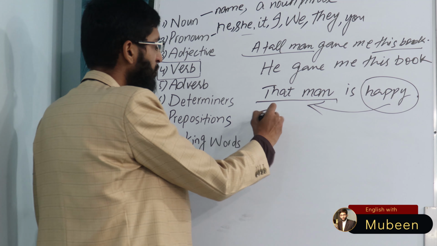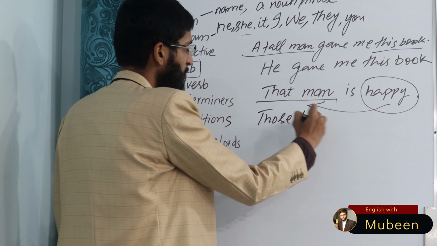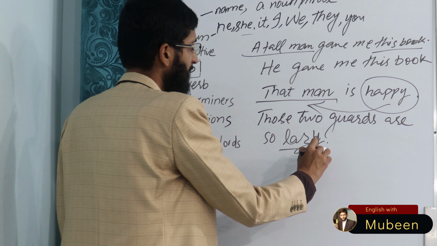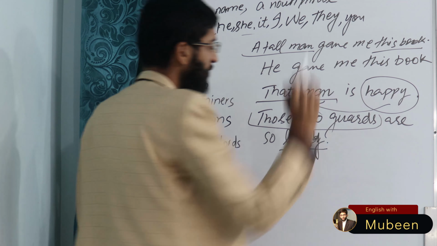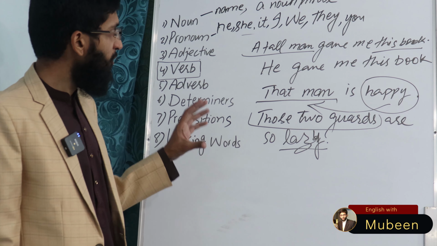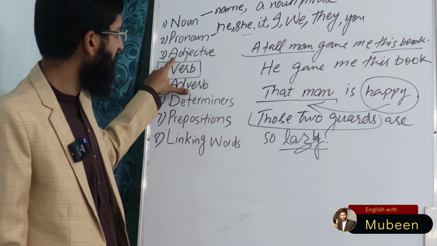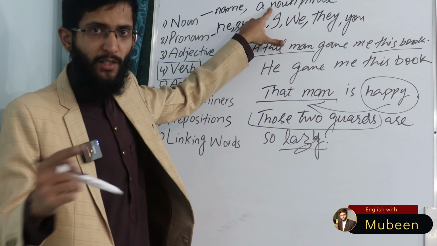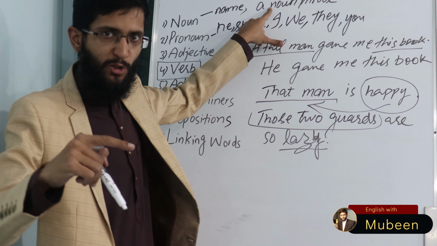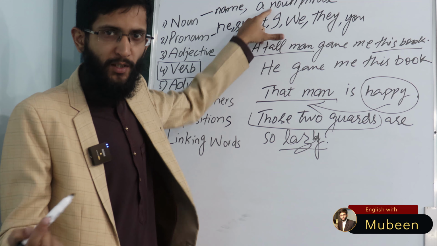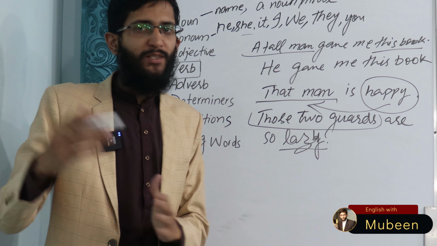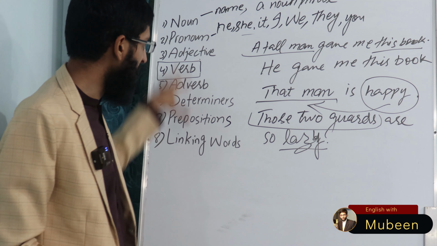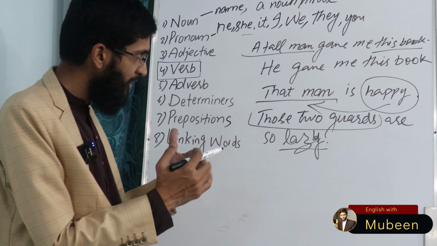Those two guards are so lazy. So lazy is adjective and has been used for those two guards. So you understand now, an adjective can be used for a noun phrase, for a name. John is happy. John was happy. John will be happy. John looks happy. The tense debate is for the other lecture. In this lecture, you have to focus on all these parts of speech, how they are connected with each other